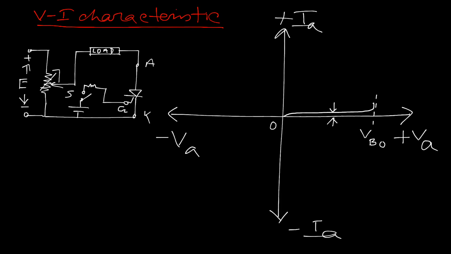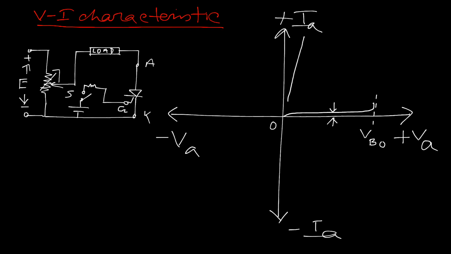That means this is the voltage which was blocked by the switch in the first case. Now the voltage is not appearing across the switch. In the ideal case, but here a very small voltage drop can appear due to the presence of the 4 layers and 3 junctions. That means this amount of voltage is not appearing across A to K. Then the device starts conducting and the current gradually increases in this manner.